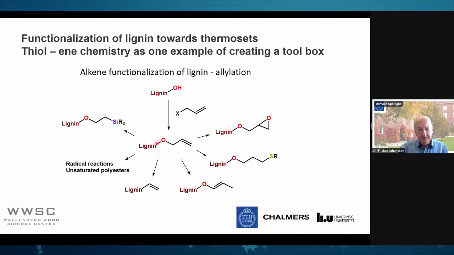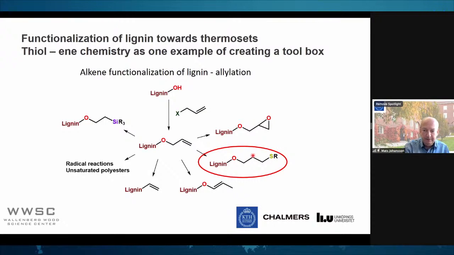And if we can do this efficiently, then we have a handle that we can continue to use in a number of different ways. So we have sort of a platform chemical. We can do silylation reactions, we can epoxidize it, we can use it with thiols for thiol-ene chemistry and other varieties, or rearrangement to propenyl ethers, for example. So what we have been focusing on is the thiol-ene chemistry. So the question here is, can we do the allylation? Can we use it? Can we get the final thermoset polymer? And how does the